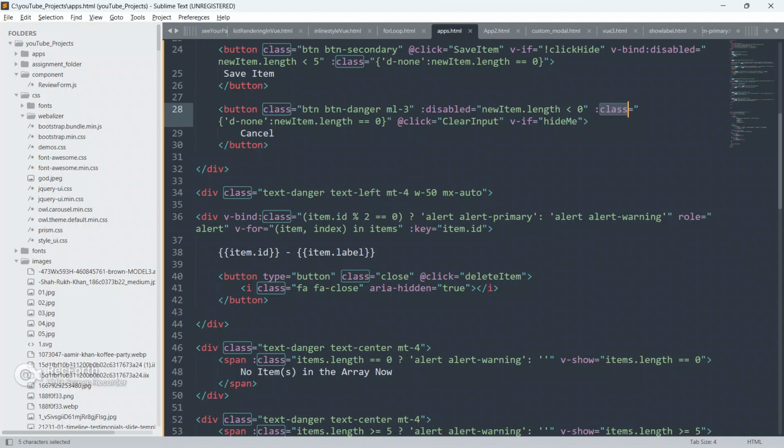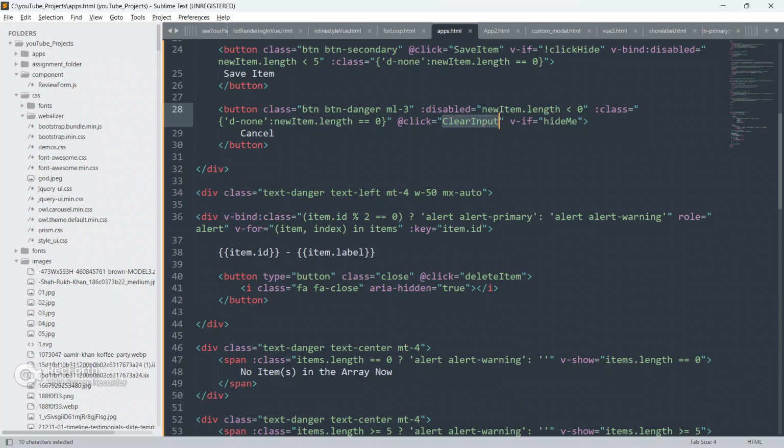Something is wrong, guys, just give me 2 seconds. I will resolve why it is not working. Whenever I type something, both the buttons should appear, save item as well as the cancel button. Give me just 2 minutes, I will resolve all the things.